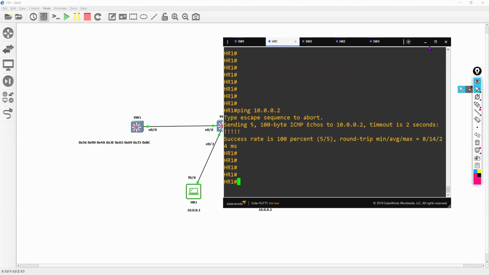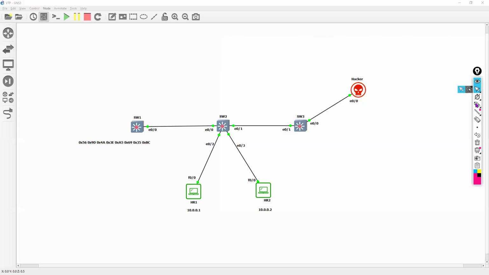Now, if you remember, I already told you there is a problem in client mode. Suppose this is the hacker. This hacker came with a null domain name. What will switch number 4 do? Switch number 4 will make this link a trunk link. And when this interface on switch number 3 comes up,